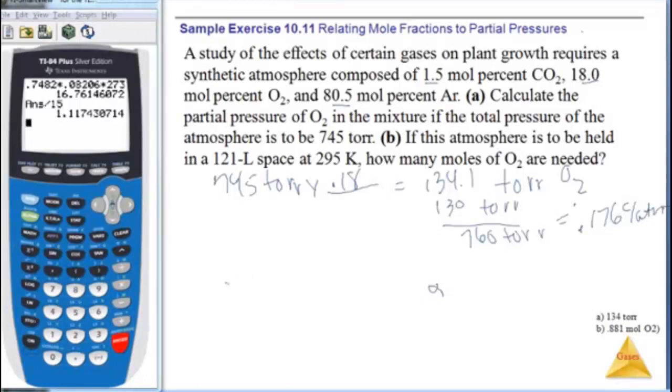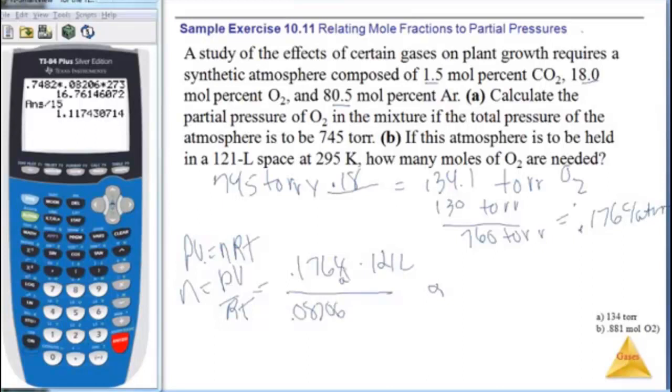Okay, so now I'm solving for moles. So I have PV equals nRT. So n equals PV over RT. My pressure is 0.1764. My volume is given to me here, 121 liters. I'm going to put that over R, which is 0.08206. This is liters atmospheres over moles K. I'm at 295 K. K's will cancel, liters atmosphere will cancel, I'll be left with the units of moles. And if I plug and chug, I will get